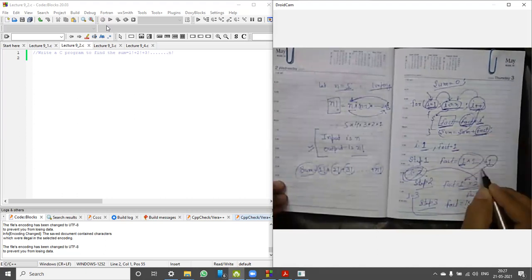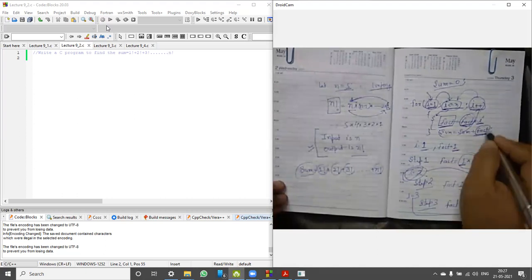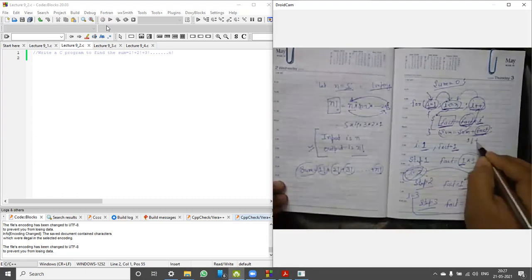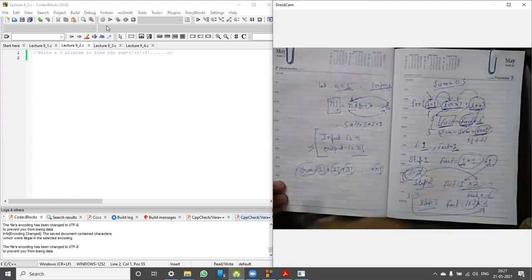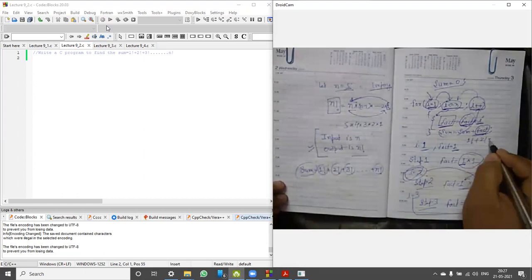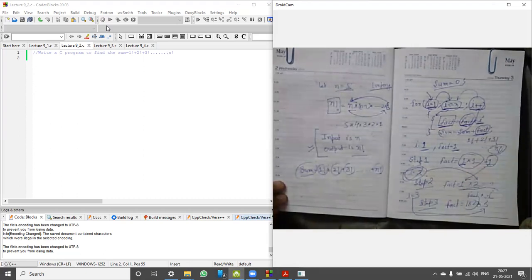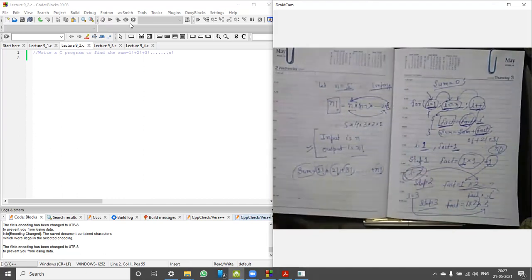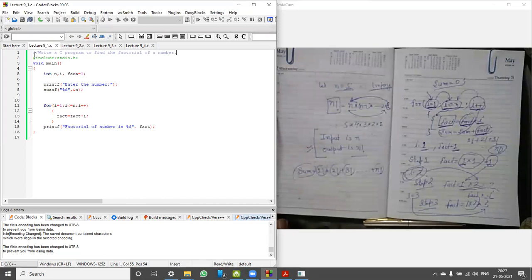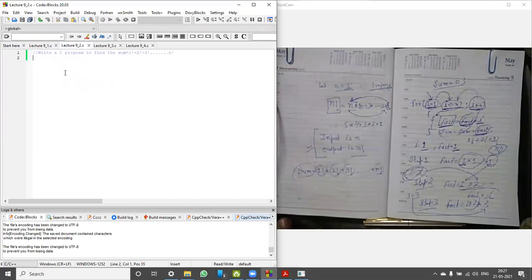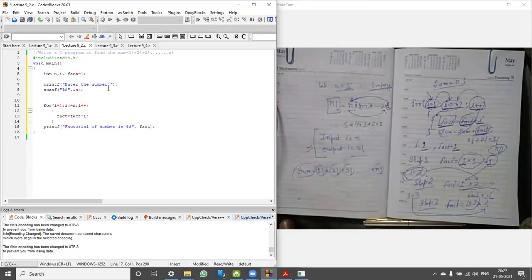Like in step 1, we have factorial 1. In step 2, we have factorial 2. In step 3, we have 3 factorial, and up to n factorial. Okay, like this. So to do this, we can just copy paste our previous code. It's very simple.